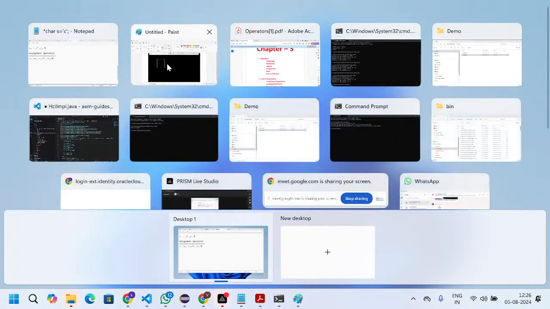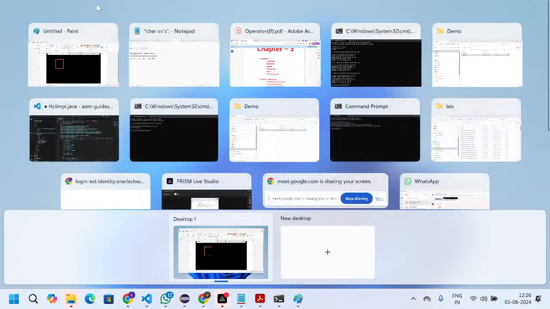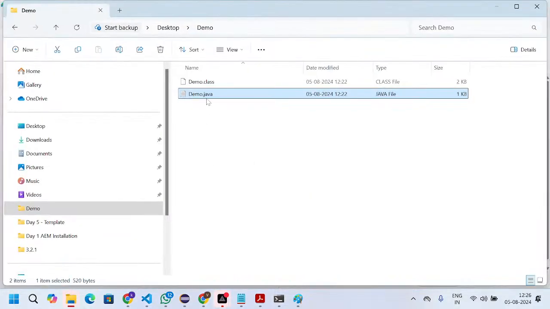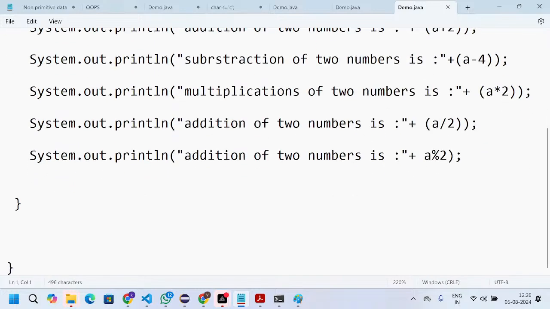If you want to subtract, then you can use the minus. If you want to multiply, then you can use the multiplication symbol. If you want to divide, you can use the division symbol. If you want modulus, you can use the modulus symbol. Here we need to understand that the thing is assignment. We are assigning the value. Okay, so I will write the program on it and get clarity on it. Here I will take the assignment operators.